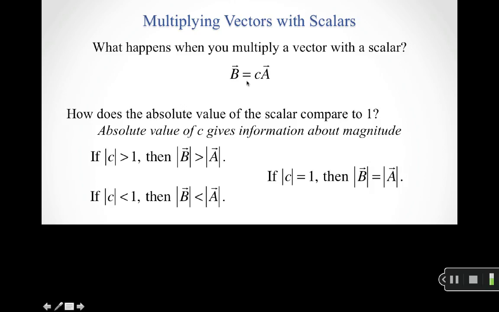The third option, of course, is if the absolute value of scalar C is less than 1. If I create vector B by multiplying vector A by some number less than 1, then the magnitude of vector B will be less than that of A. So if B is equal to 1/2 times A, then sure enough, its magnitude is going to be half as large as A's. So thinking about what's going on with the sign and the absolute value of my scalar C will tell me how the direction and magnitude of vector B compares to the direction and magnitude